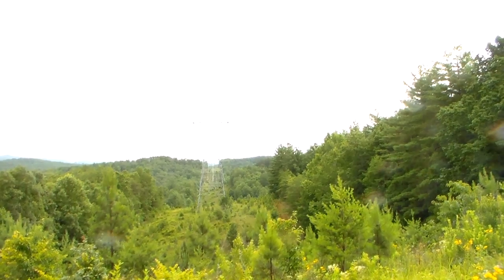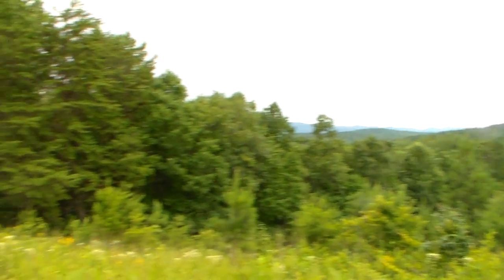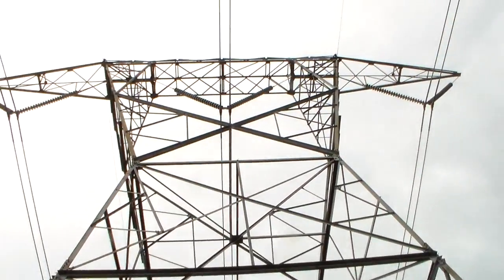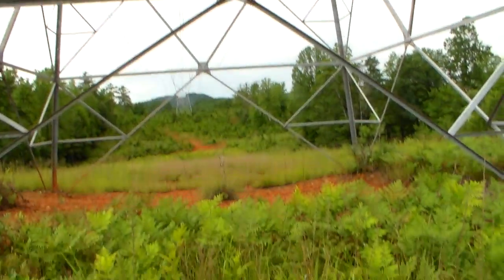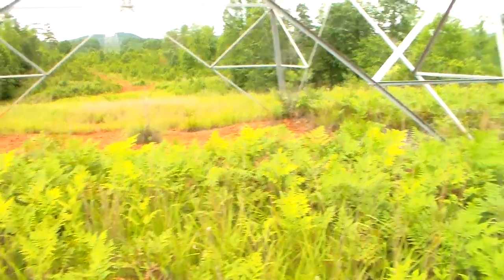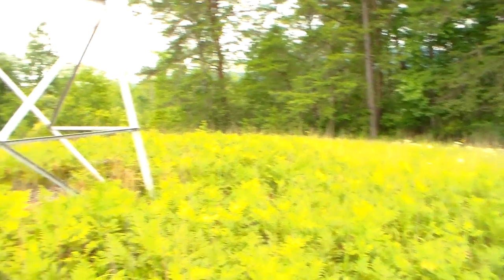As you can see, I am standing in the middle of a power line right of way. I'll show you the towers. If we're quiet, you can probably hear the power. How much power is running through this, I have no idea, but you can sort of tell by the right of way, and you can see the right of way is from that tree line